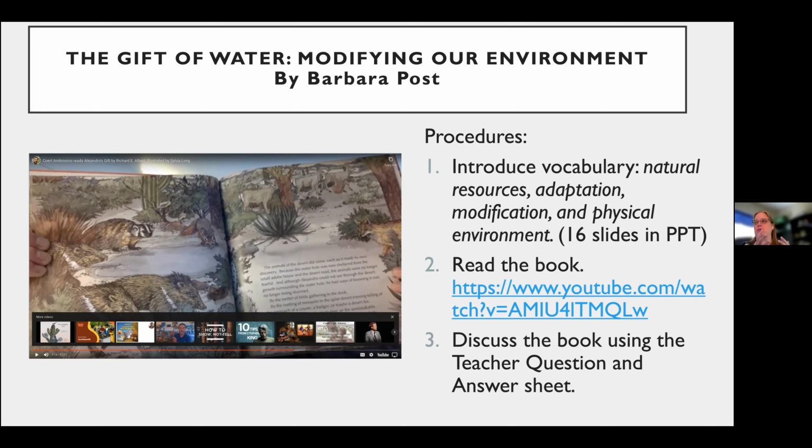And what you do is you introduce the students to natural resources and adaptation. I mean, looking down at my watch, it's 104 out and it's not even barely 10 o'clock. So we have to talk to the kiddos about what do we do to survive this heat? Why do we make sure that we always have water? What happens if we're in the desert? So this story kind of gives that aspect. And so you can read the book to the students, go through that, discuss it with them.